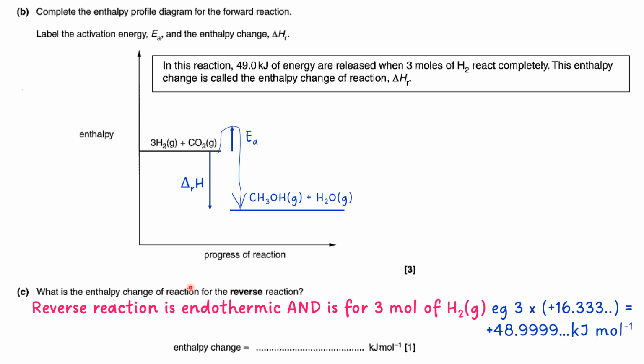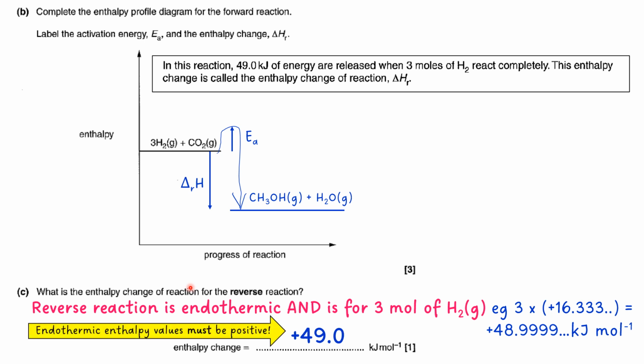So to work that out, you need to multiply 3 times 16.33 recurring that we worked out before, which gives us 48.99 recurring, which gives us 49 kilojoules per mole as our enthalpy change. So remembering that endothermic enthalpy values must always be positive, I'm just going to be on the safe side and put a plus sign in front of my